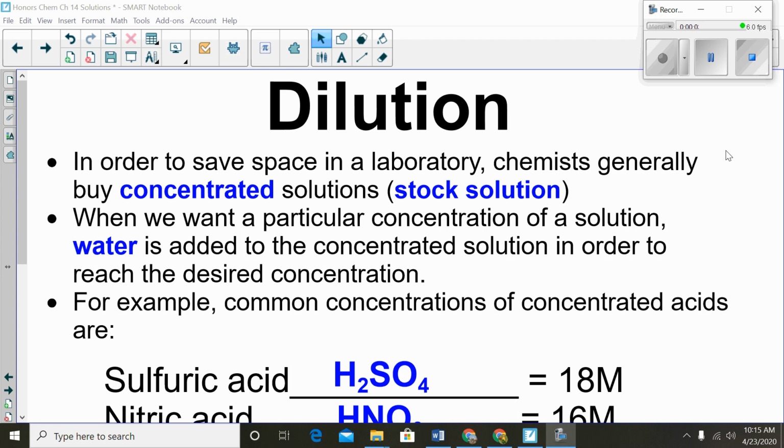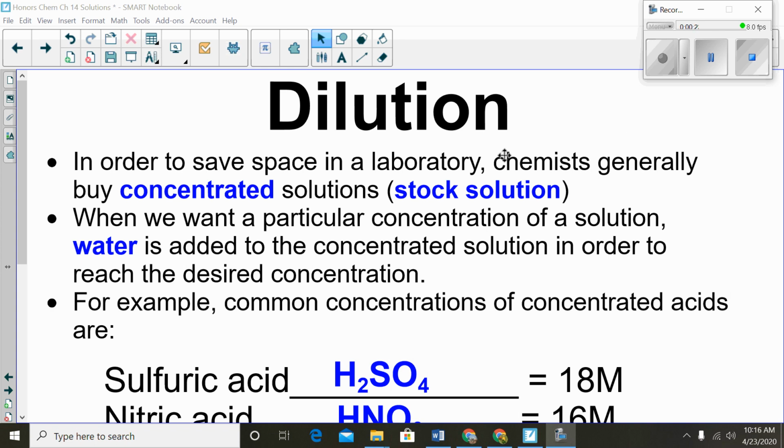This is chemistry, continuing our unit on dilutions. In order to save space in a laboratory, chemists will generally buy concentrated solutions. These are known as stock solutions. When we want a particular concentration of a solution, water is added to the concentrated solution in order to reach